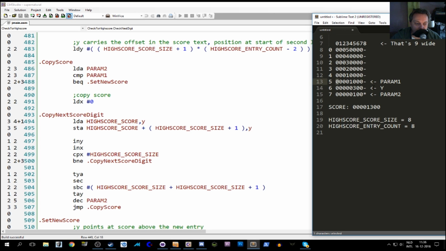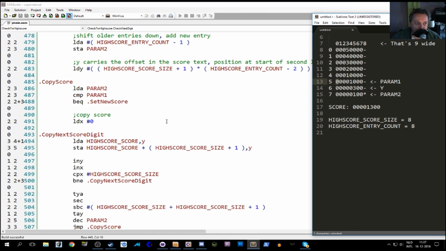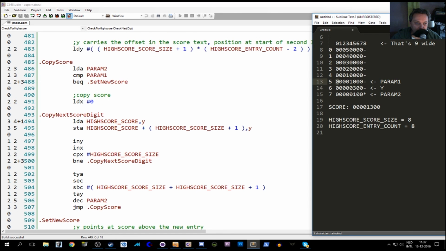Oh, wait a minute. Y goes to A, and then A goes to Y. It's pointing there, but Y has gone up, so we're pointing. I think we're pointing Y there. Decrease parameter 2, which was pointing at the last one. Copy score, and then we compare them,